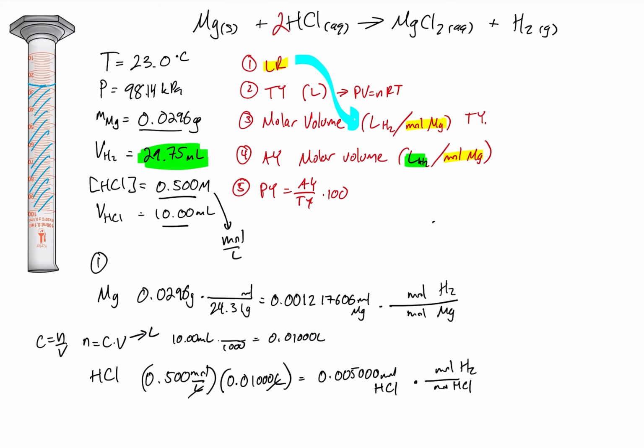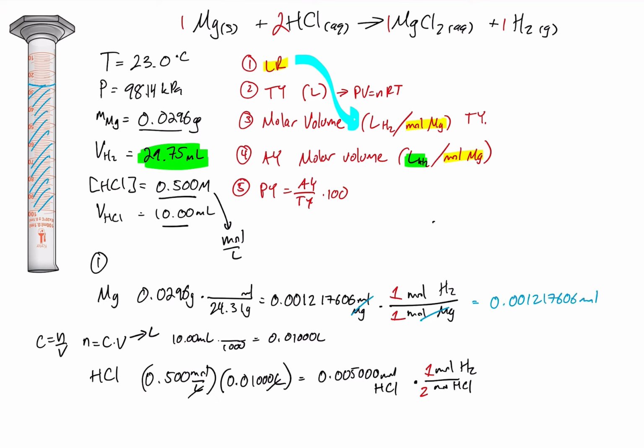So again, we need our balanced equation for this. And to balance that equation, we need a 2 there, and we're pretty much good. So that 2, we're going to have that. We have 1 mole of H2, 1 mole here, and 1 mole here, right? So this is a 1 to 2 to 1 to 1. Now, we don't really put those 1s there, but just to see where we're getting those 1s from. This will allow us to cancel out our moles of Mg, and we are going to get the same number here,